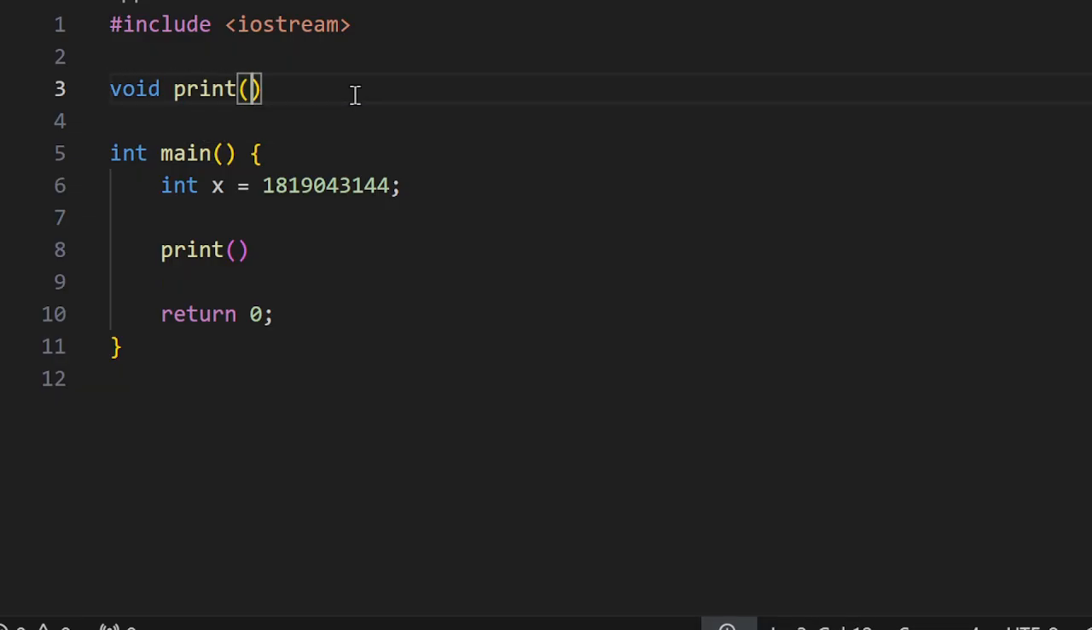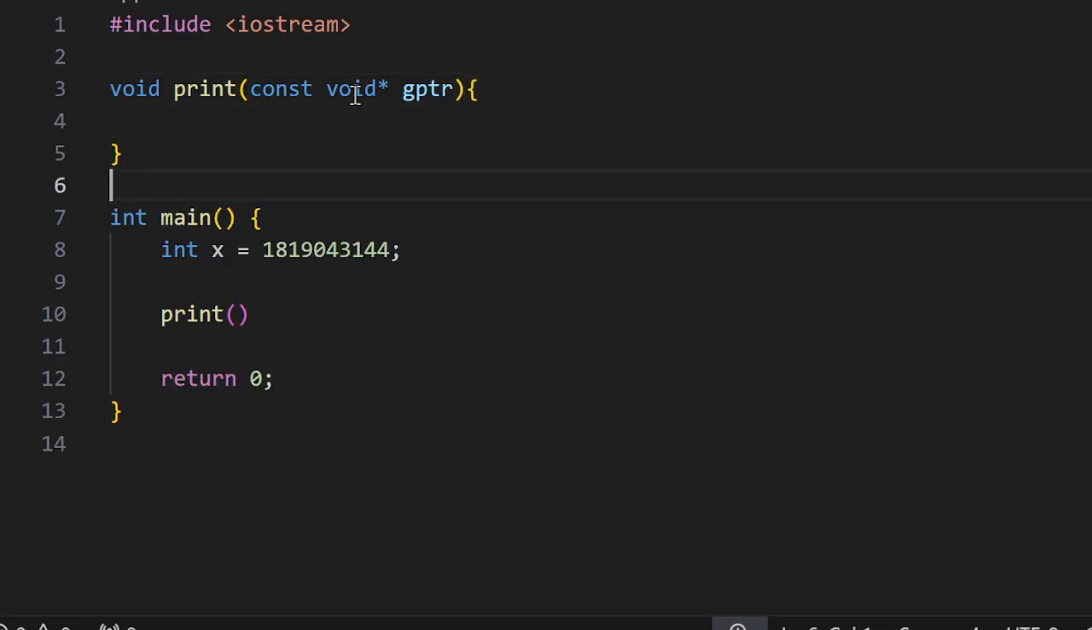Print, and I can receive this into a void pointer. But if I don't intend this function to make any changes, then I can make it constant and call this gptr. So I will be calling this function by passing address of x. So this address would be actually assigned to this pointer. So this pointer is pointing to the integer type data at this point, and inside